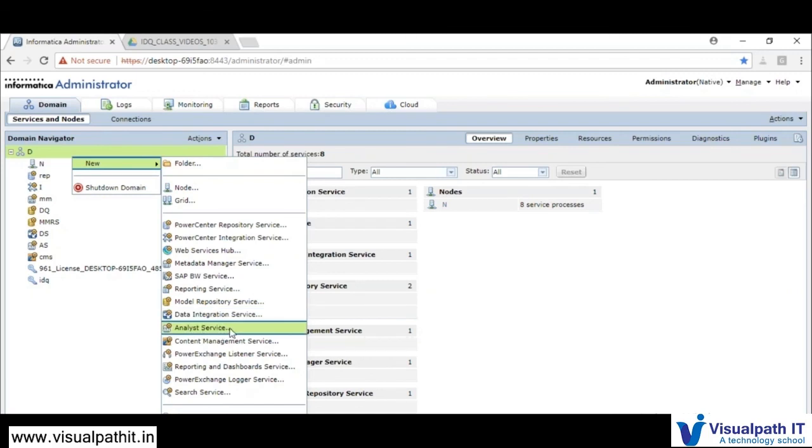The analyst service is exclusively for the analyst tool. So in order to have metadata and data integration, data review in place, you will be having the analyst tool. The analyst service is responsible for maintaining the analyst tool.